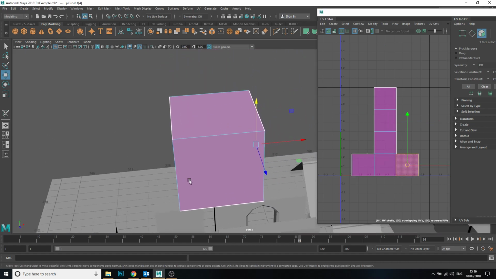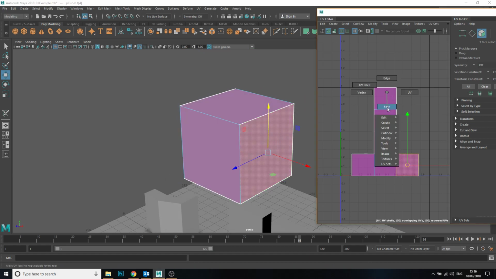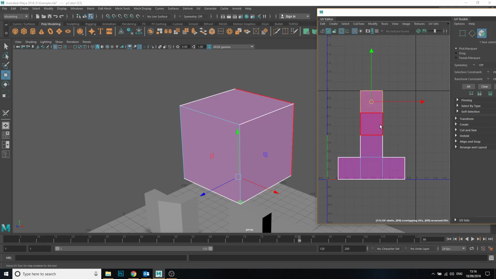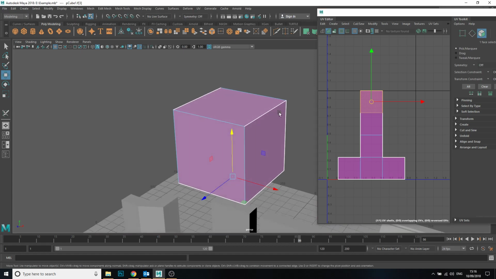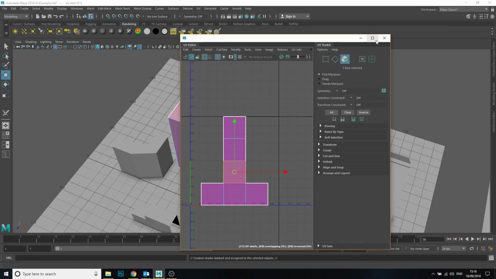But what's important to bear in mind here is we're looking to unfold our 3D meshes in a way that preserves the proportions of faces, so that when it comes to assigning a texture to this UV coordinate, the pixels are being assigned to the face in a way which doesn't stretch those pixels out, making it look horrendous. So for example, if I was to assign a material to this face,